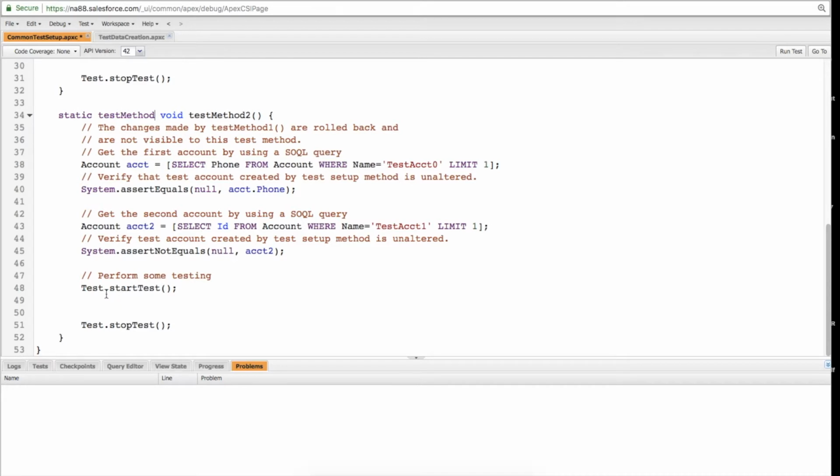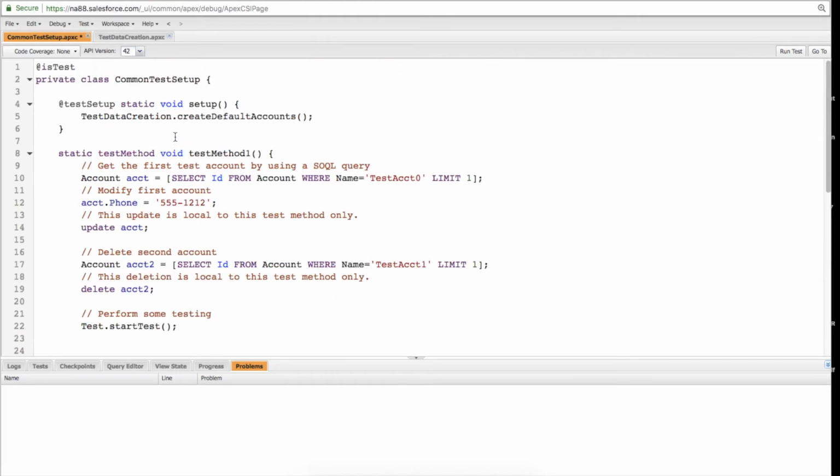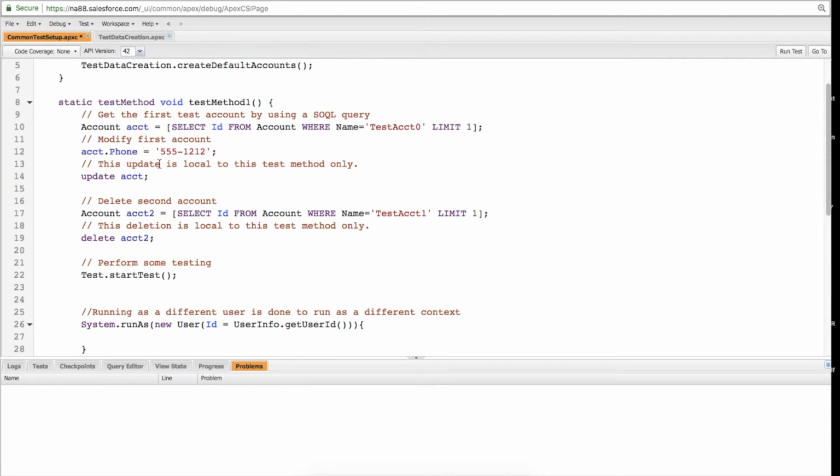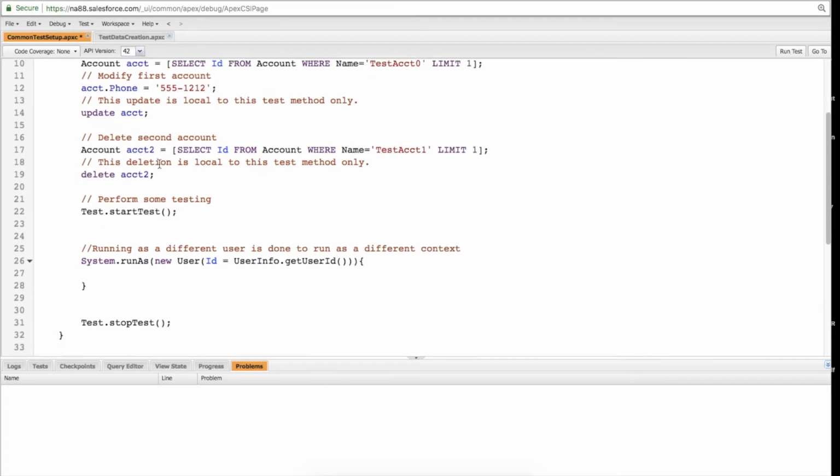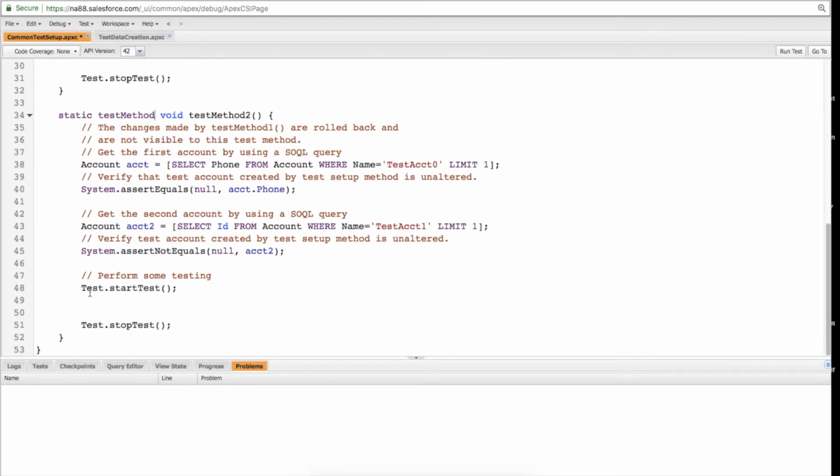So what that does is a couple of things. When you do the Test.startTest, it actually creates a whole set of new governor limits for the transaction. So if you think about it, when you run the setup and you're doing all of these, whether it be DML transactions or just queries, those are all going to add to your limits within that transaction. So in order to get past those limits, to make it more of a true test, because when you're actually testing it, let's say a user is going to